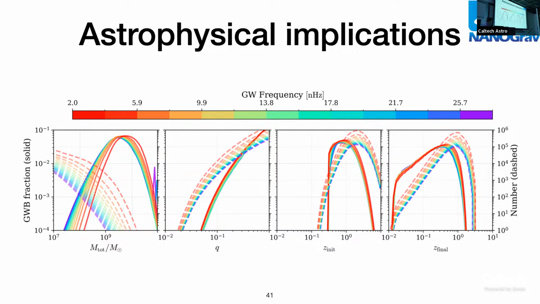So in 2022, there was the second data release of the IPTA and results on a gravitational wave background search. In that case, they combined data sets from the EPTA, NANOGrav, and the PPTA. Right now, there's a data combination effort going on. At the end of that, you'll end up with one super data set that includes, I think, of order 110 pulsars and of order 20 years of data.